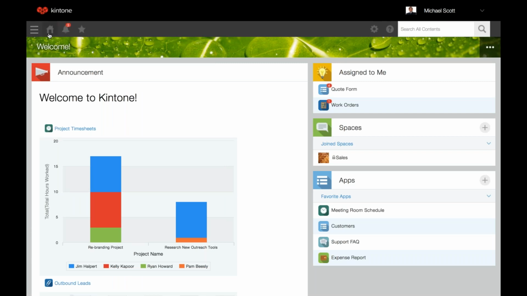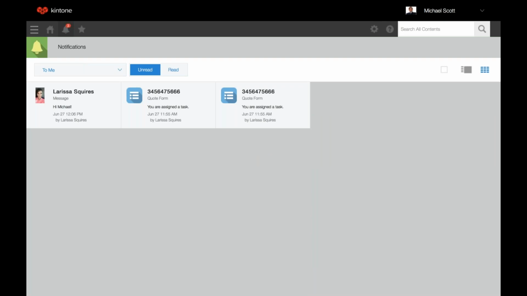Right next to that, we have the Home button, and this way you can navigate back to Portal Home when you're in a different app or space. Then you'll have the notifications bell icon to access your notifications. The red number represents the amount of notifications